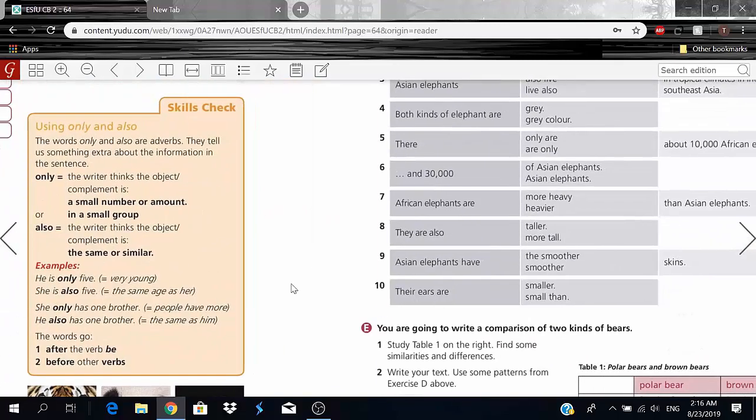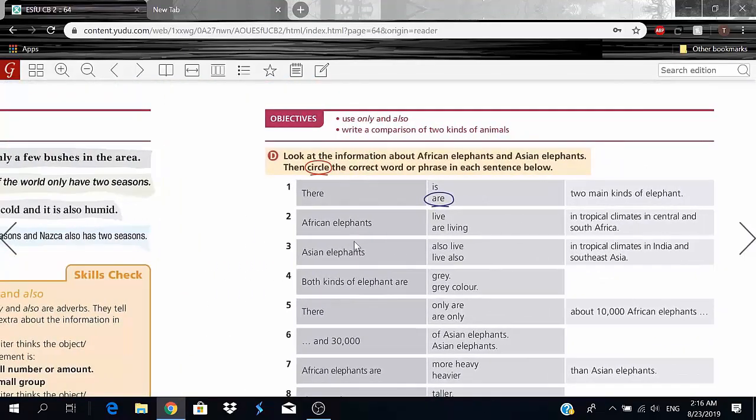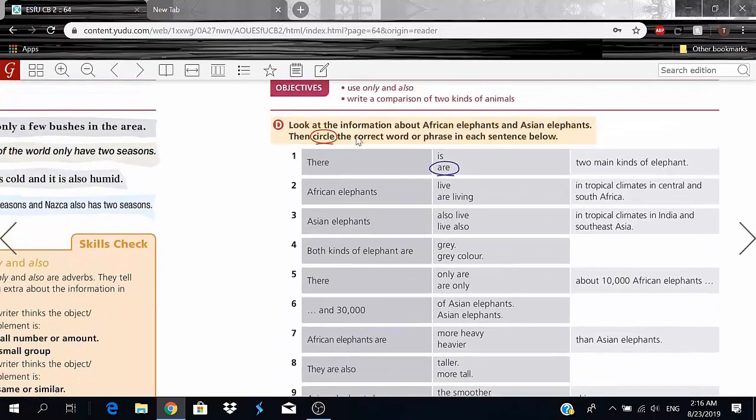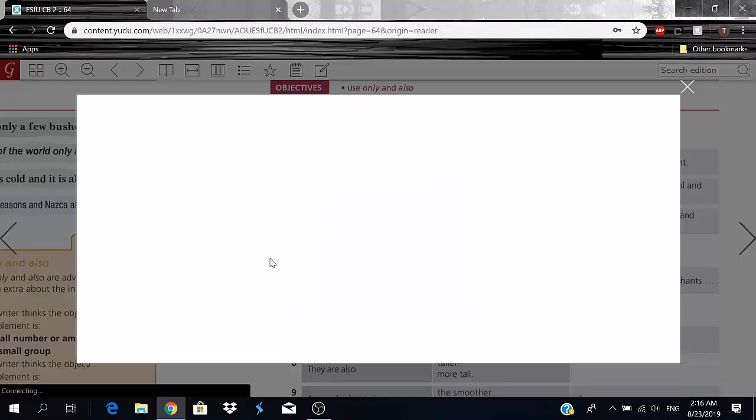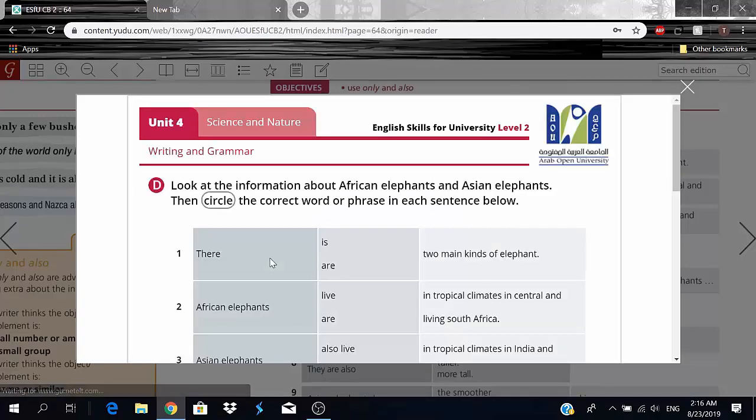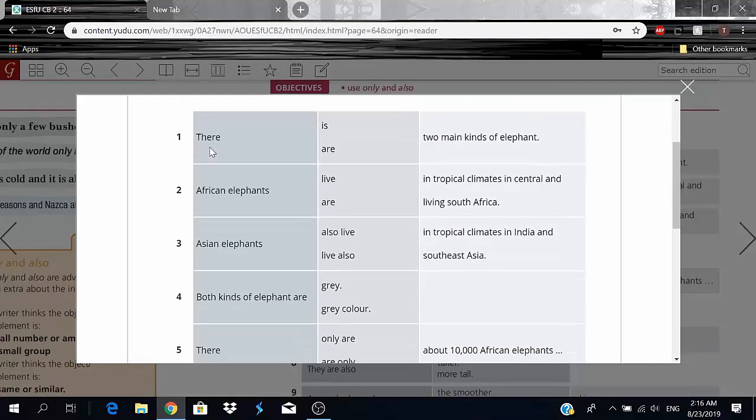Now, let's move on. Here we have choosing. So exercise D, look at the information about African elephants and Asian elephants. Then circle the correct word or phrase in each sentence. Okay, so let me actually open this for you guys. So we have there